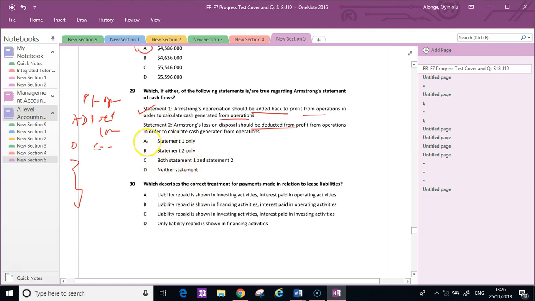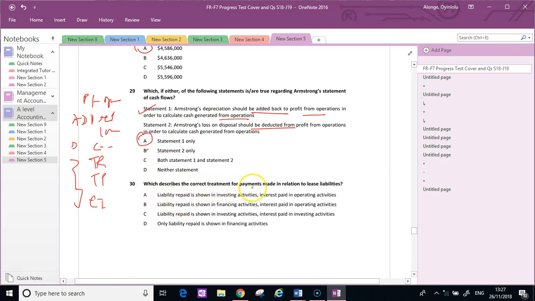These are the last two objective points. Loss on disposal has to be added back. And then, of course, remember this whole business with trade receivables and trade payables and closing inventory. So, yeah, where was I? So statement 1 is the only thing correct. Great. And then finally,